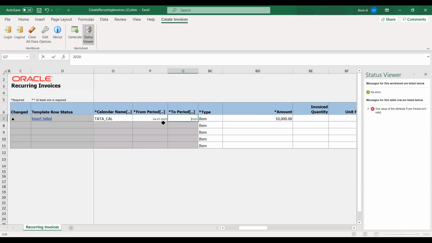It's a data entry issue. So this is actually the period.